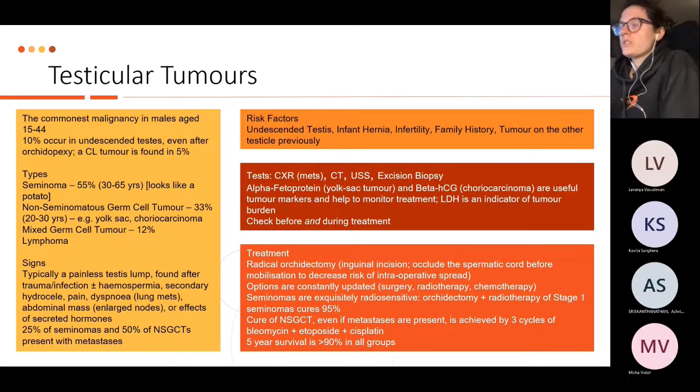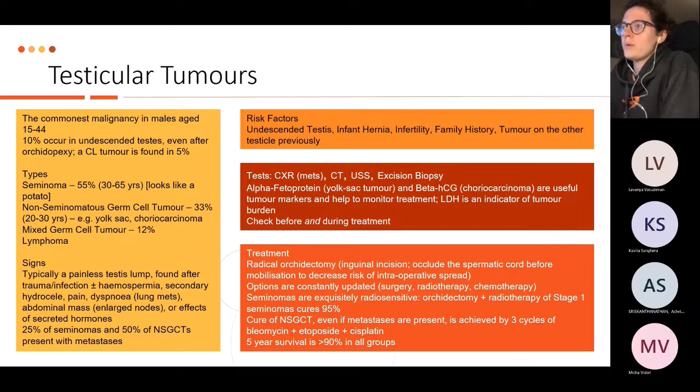Treatment: you need to remove the testicle, and in this case it's an inguinal incision that you would do, not scrotal. The reason is that the testes descend during embryological development, so the lymph node drainage is actually intra-abdominal, and the scrotum has a different embryological origin and therefore a different lymph drainage. If you open up the scrotal sac, there's a risk of seeding the cancer to a distant site, forming metastatic disease where there wasn't previously. That's why you remove it through the inguinal approach, through the path that the testes takes to descend to where it is.